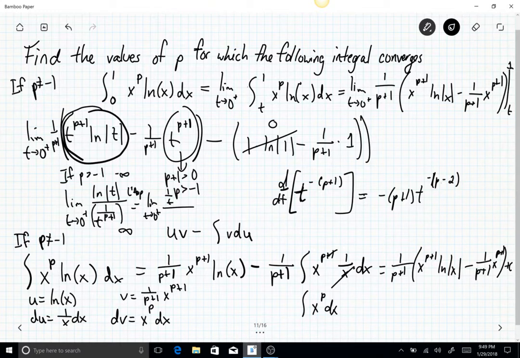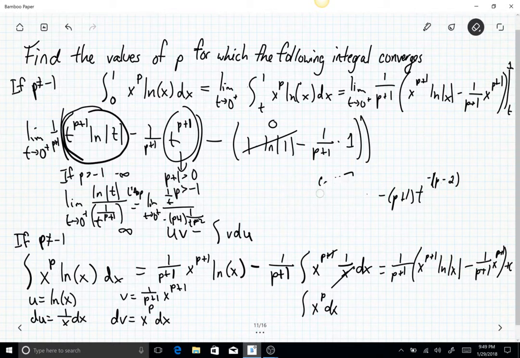So t approaches 0 from the right. So notice we have negative the quantity p plus 1, and another way we can write this is 1 over t to the p plus 2 power, and that looks all sorts of nasty, right? But if you keep that in mind, we're going to show that this whole thing equals 0 in this case,